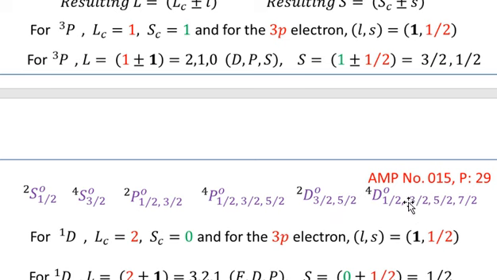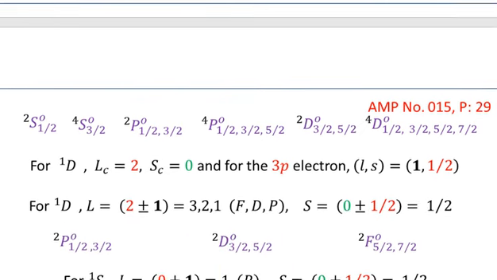Similarly, I have arranged these quantum numbers energy wise. That is, the one-half has the lowest energy, then 3/2 is the next higher in energy, then 5/2, and then 7/2. So these terms were obtained from the 3p core terms, which when combined with the 3p electron,